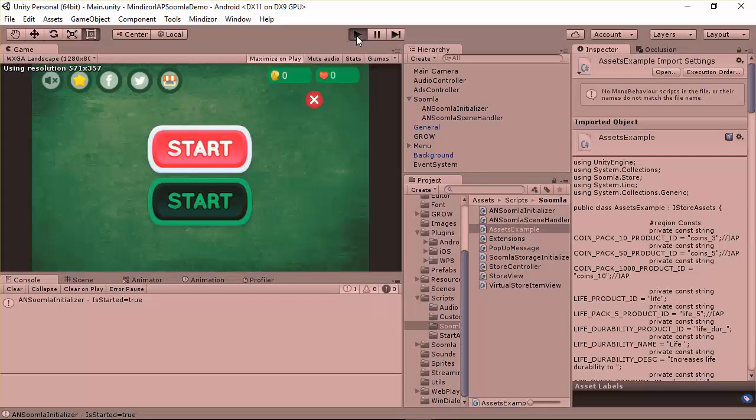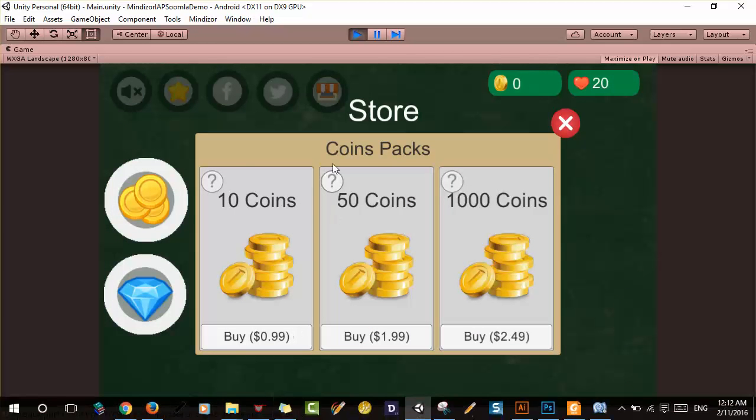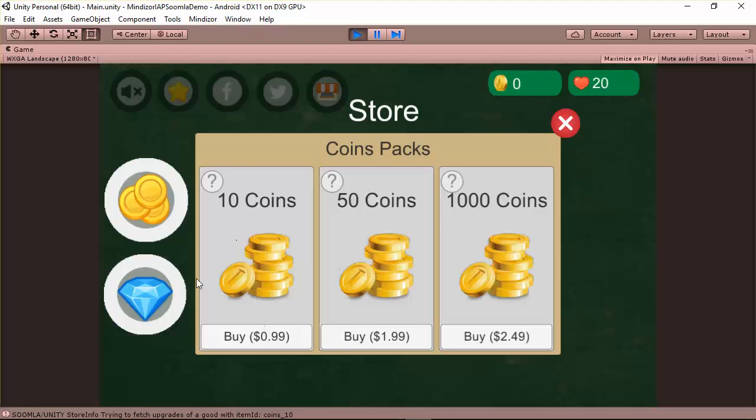And let me just give you a better illustration of what we mean by each of these constants visually. So if I go here to the main scene and run it, and go here to the store, you can see first we got coins backs. So these are the coins back. You notice two things here. You notice that this coins back gives you 10 coins. This is 50 coins, this is 1,000 coins, and all of these coins backs must be purchased with money, with